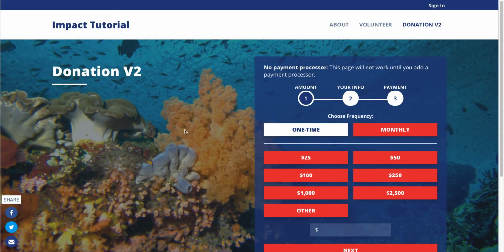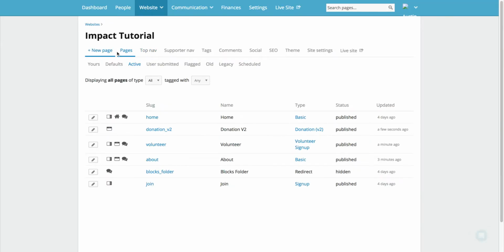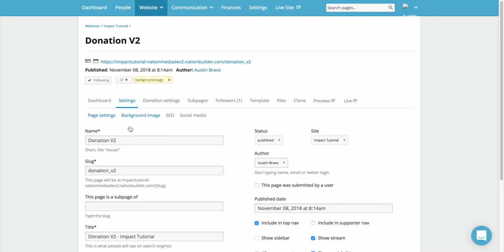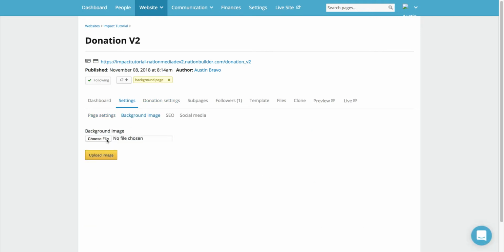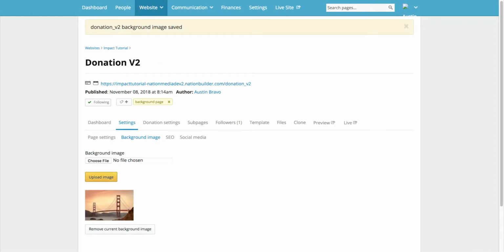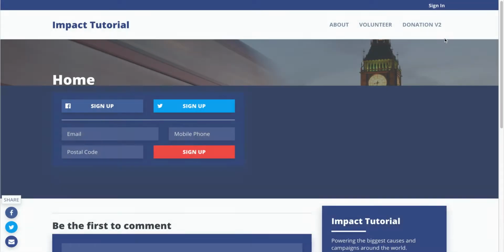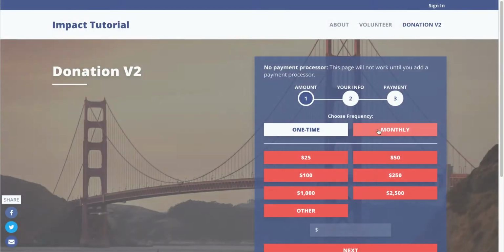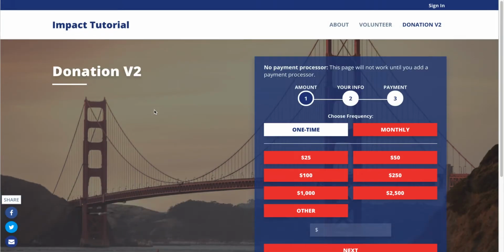And we see that it also has the coral reef, but if we upload a background image to it, let's upload this picture of the Golden Gate Bridge. And then we go back to the donation V2 page, we'll see that it has overridden the default site background image. So that is what you need to know